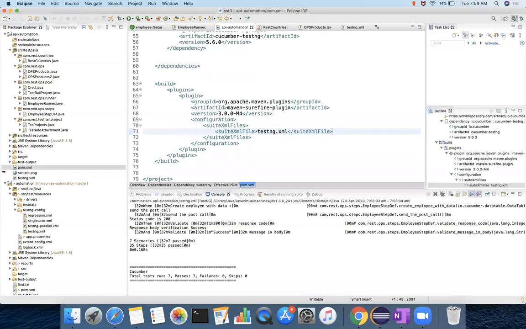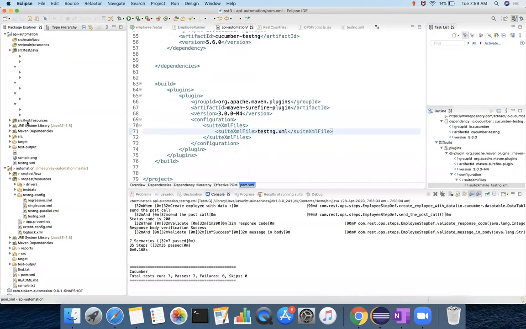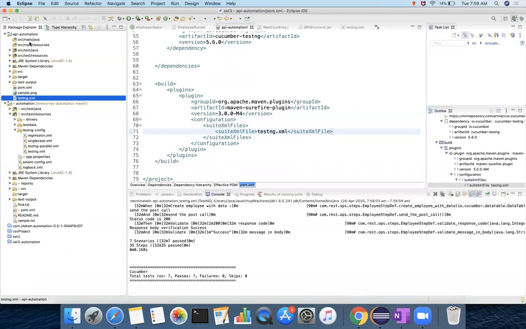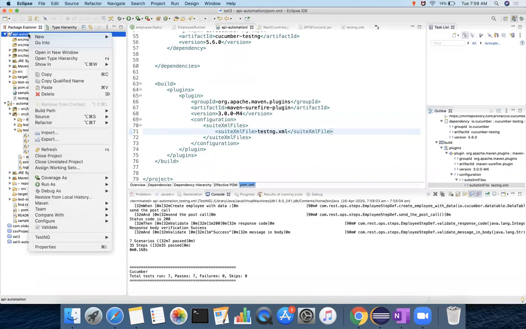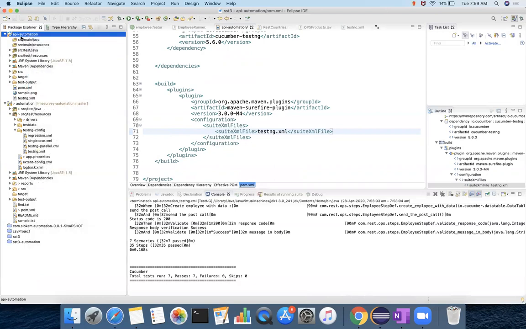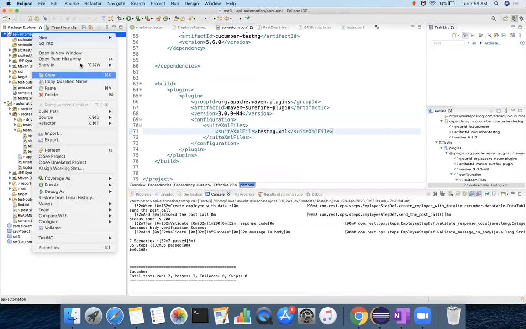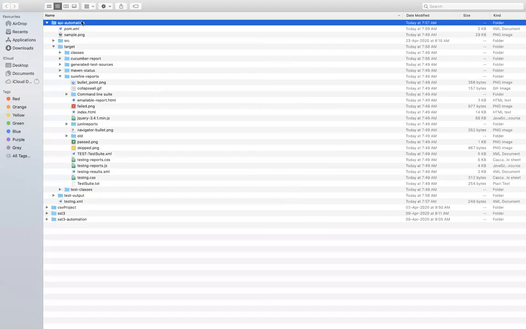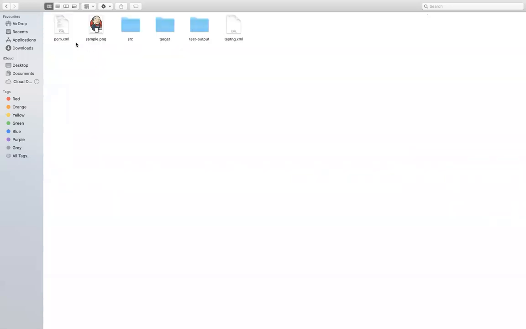You understand this one properly. Where did I copy my testng.xml? Here, I right click and copy, pasted here, so that it will be in the same folder where your API automation or your src is available. I'll just show it to you. See, this is API automation, right? In the same folder where src is available, testng.xml is available.